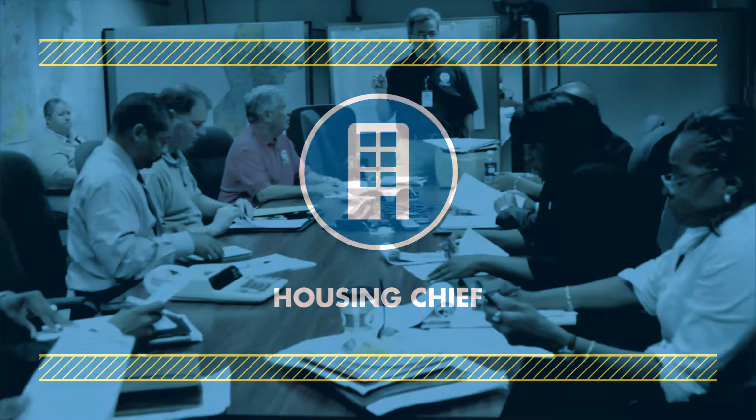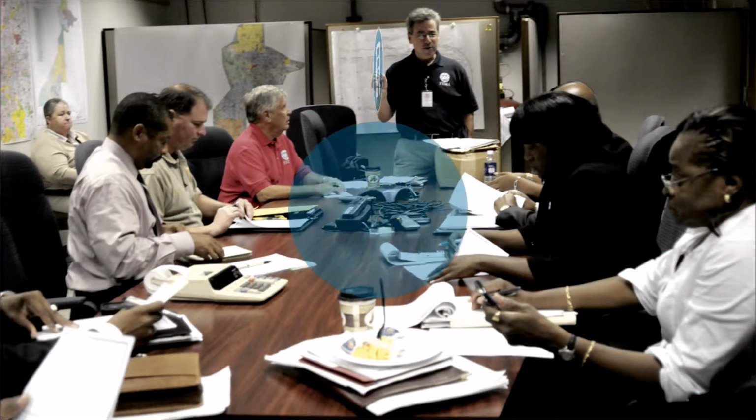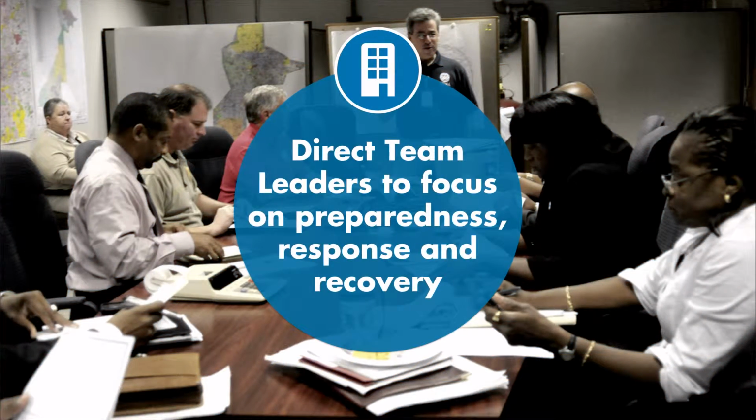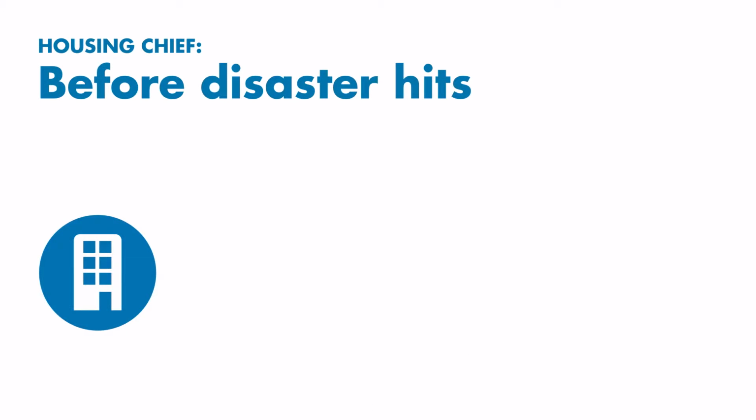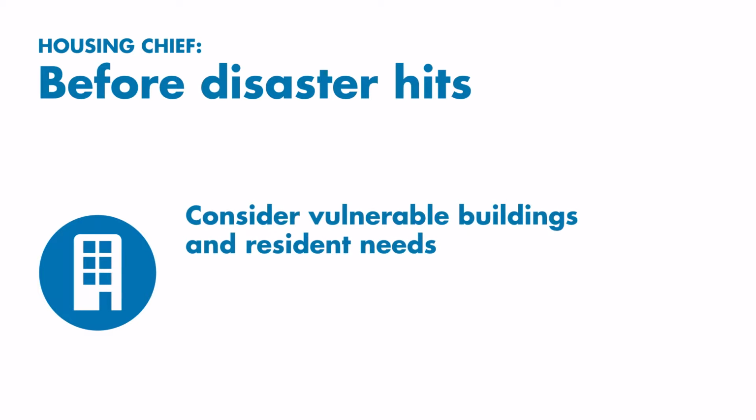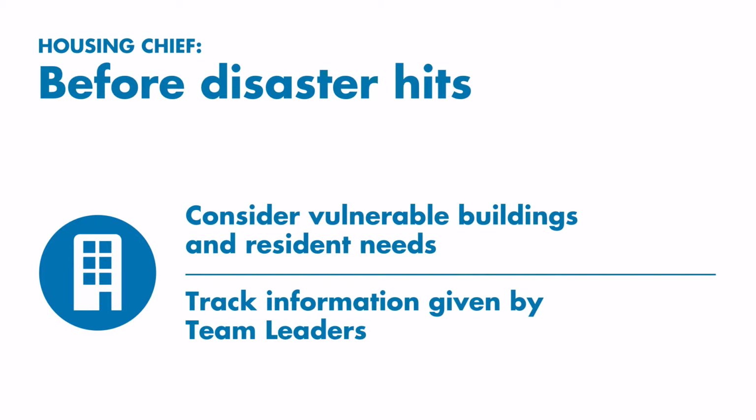The Housing Chief directs the Building Protection Team Leader and Resident Engagement Team Leader to focus on disaster preparedness, response, and recovery at each property which the organization owns or manages. Before a disaster, the Housing Chief should consider all the buildings in the organization's portfolio, deciding which are vulnerable to disaster and which house residents with special needs. The Housing Chief must also decide in advance how best to track information which will be supplied by team leaders